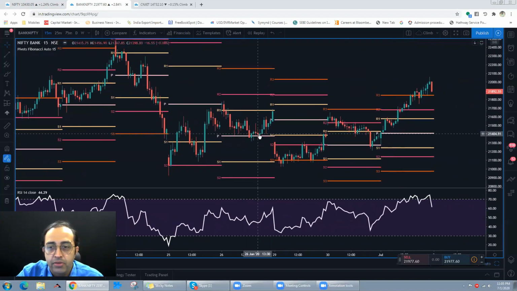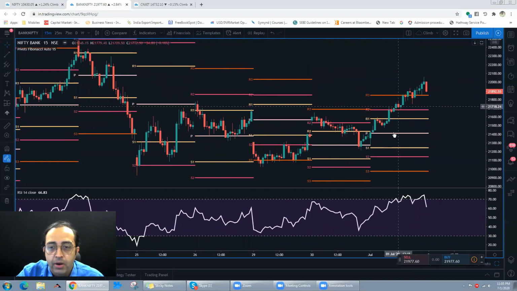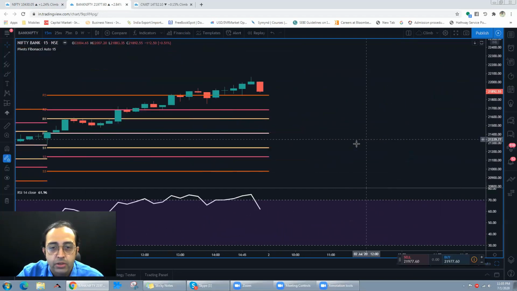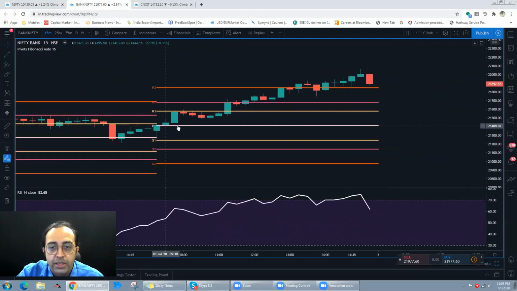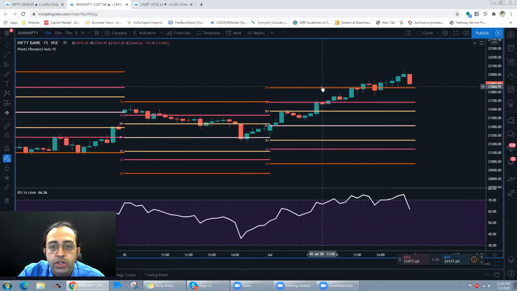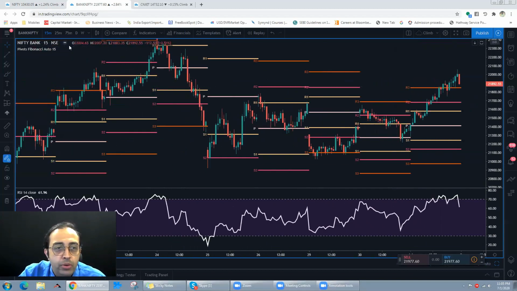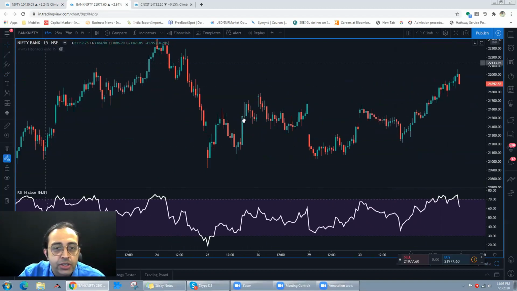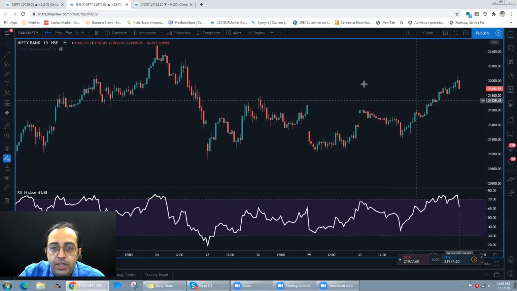the charts have moved quite well on the Bank Nifty also. You can see here the price has moved quite well, and it has gone above the R3 zone, which is indicating strong bullishness. So now what I would do is I would give pivots a rest, and let's see, and